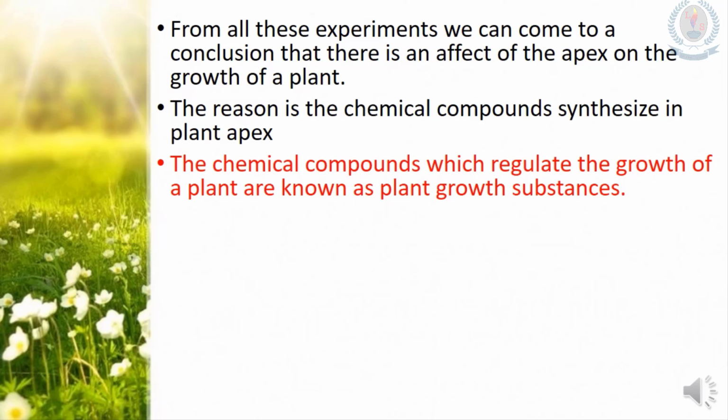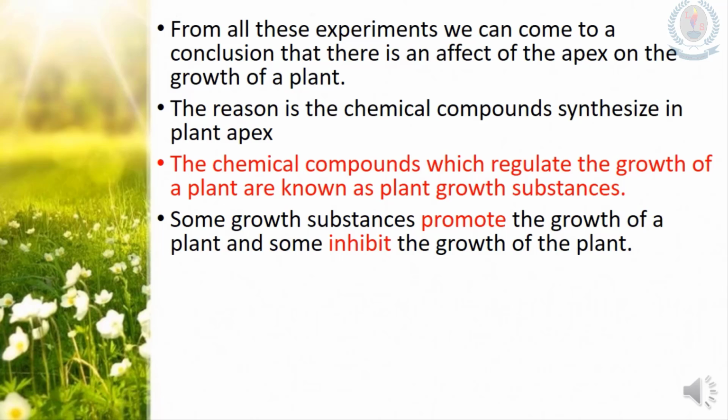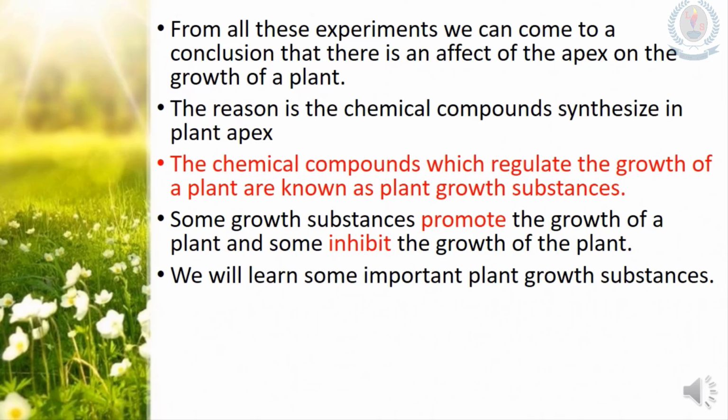The chemical compounds which regulate the growth of a plant are known as plant growth substances. Some growth substances promote the growth of the plant and some inhibit the growth of the plant. We will learn some important plant growth substances: